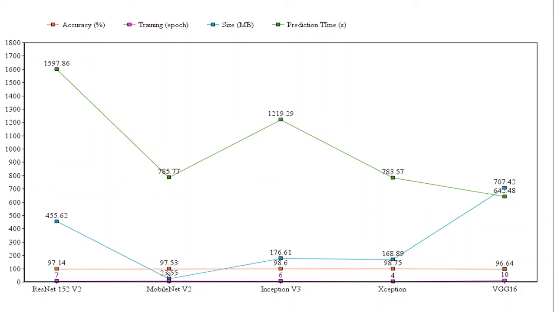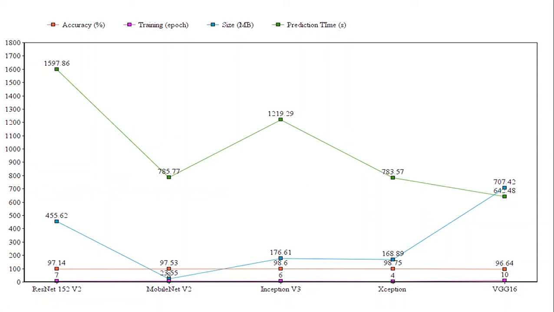We are talking about 100 samples in each class, that means 60800 samples in total. That means to predict 60800 samples, the ResNet takes 1597.86 seconds.